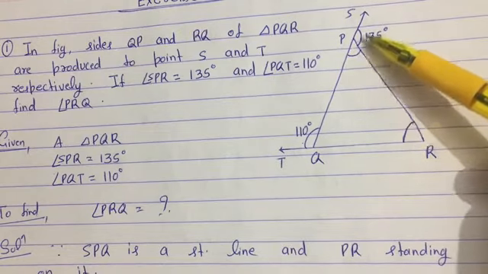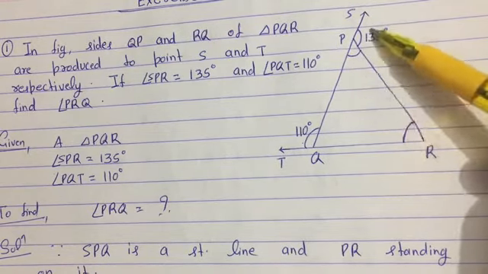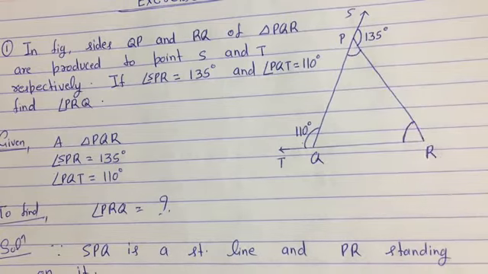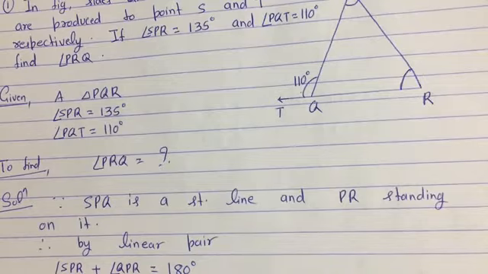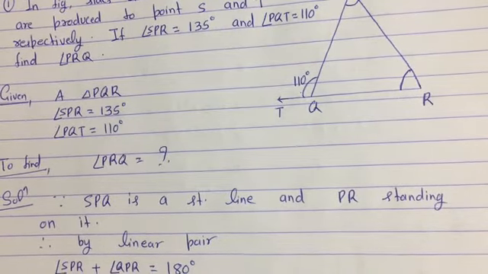Any doubt? These both angles form the linear pair. So here we are going to write: since SPQ is a straight line and PR is standing on it, therefore by linear pair,